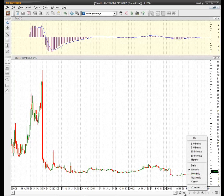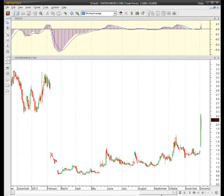This is a weekly chart. Let's get to the daily chart. You're looking for stocks that have made a sharp fall, a sharp downtrend, losing maybe 50% or more of their value in that downtrend, and then have pulled into a sideways basing period that may extend out for several months, even a year or longer. And then within that basing period, we're looking for signs that the stock is ready to break out. And usually when it breaks out, it does so with very strong momentum, as we see here with